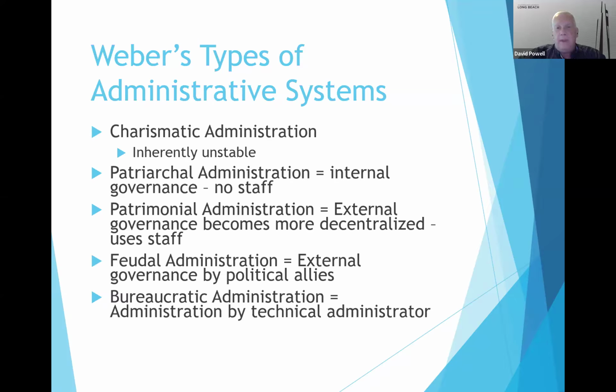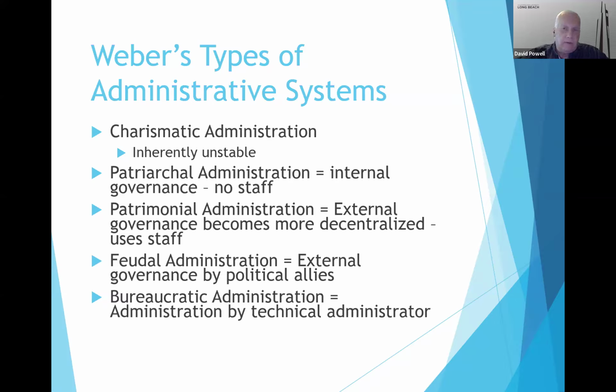Obviously, the problem with a patriarchal type of administrative system is that you have a limited scope of what you can manage. If you've got one family of three or four people running this pizza shop, that's about all they're going to be able to manage. They're not going to be able to have other pizza shops opened up all over the city. So that's patriarchal administration. Obviously, that's not going to work all that well for our organizations that tend to be very large and fragmented and diffuse organizations.